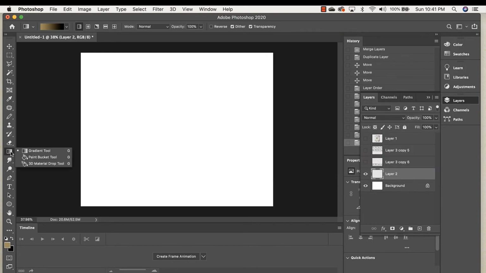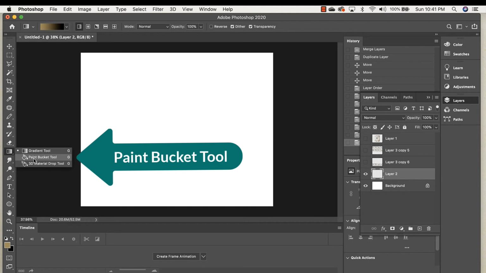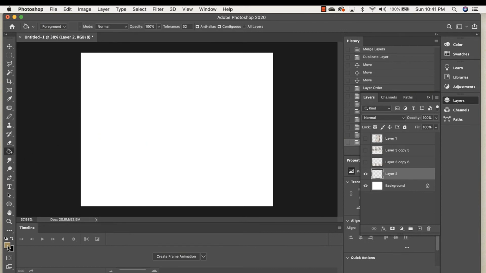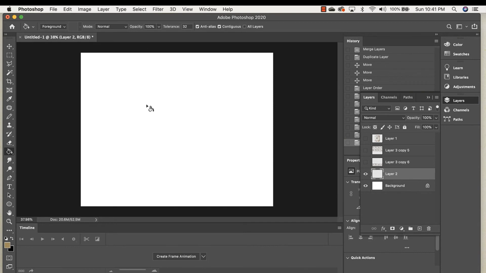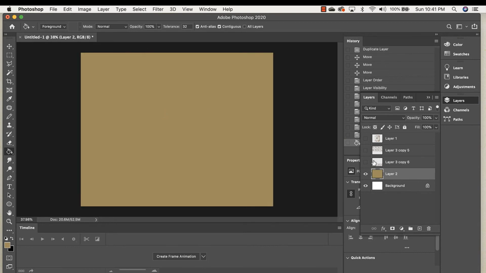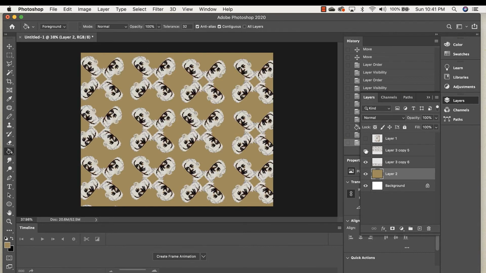And right here you can see there's paint bucket and gradient. So I'm just going to choose the paint bucket tool with this color, and I'm just going to color that whole thing. And as you can see, it just made a backdrop color. If you want to create much more depth with that,